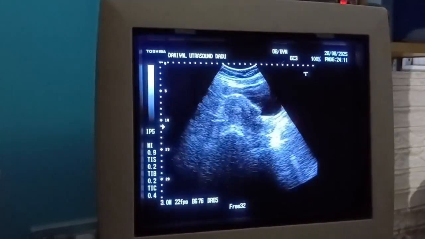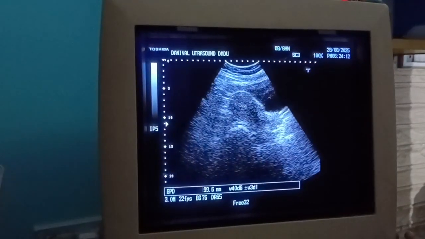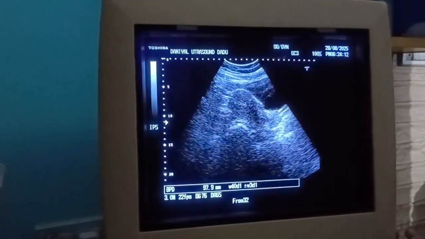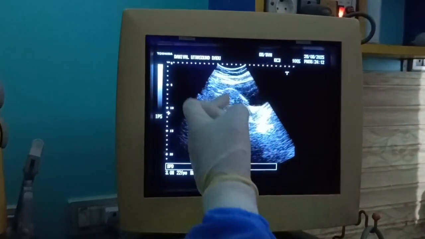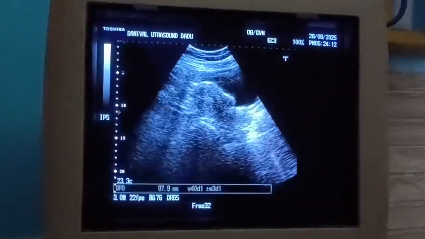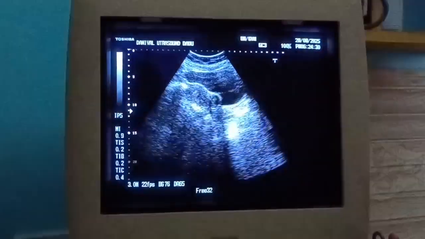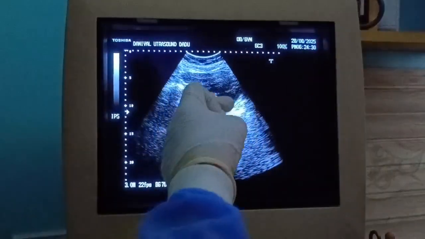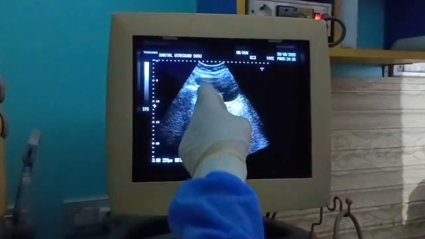This is the uterus. You see here, it measures approximately 9.7 into 4 into 5.5 centimeters. This is the uterine outline. This is the urinary bladder here, a hypoechogenic structure. But a special thing to note here is a solid mass with highly echogenic borders,